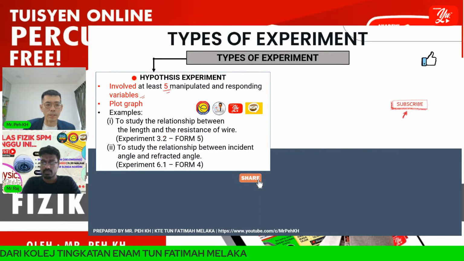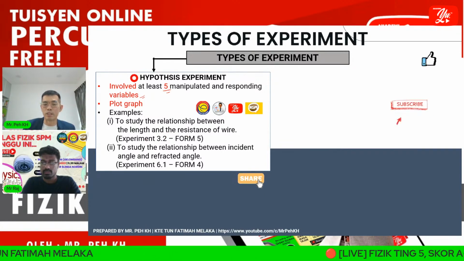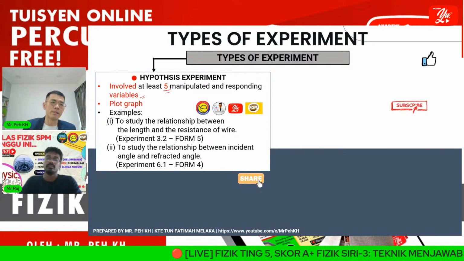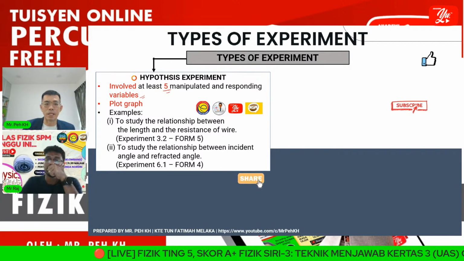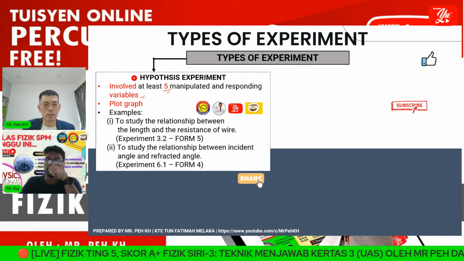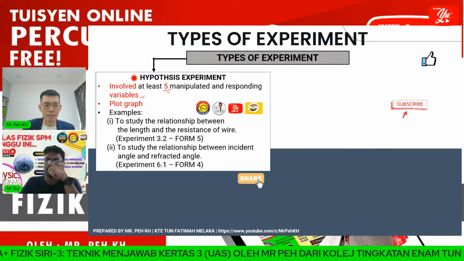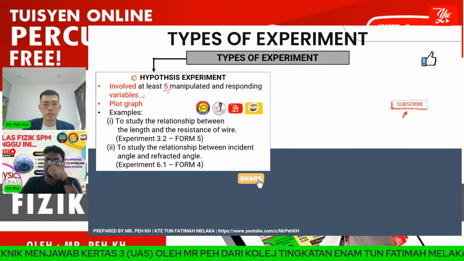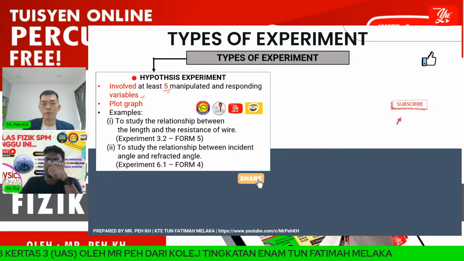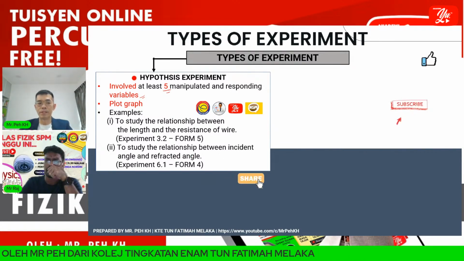Okay, so this will be the compulsory experiment for Form 5 syllabus, which is experiment 3.2. Then another example of a hypothesis experiment is to study the relationship between the incident angle and the refracted angle. So this is also one of the compulsory experiments for the